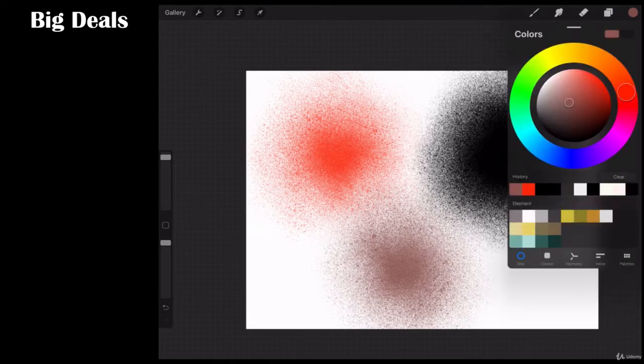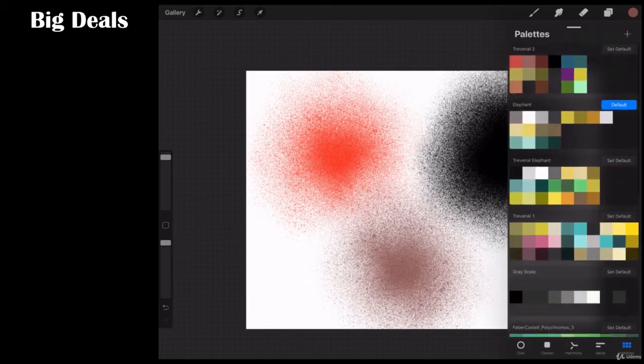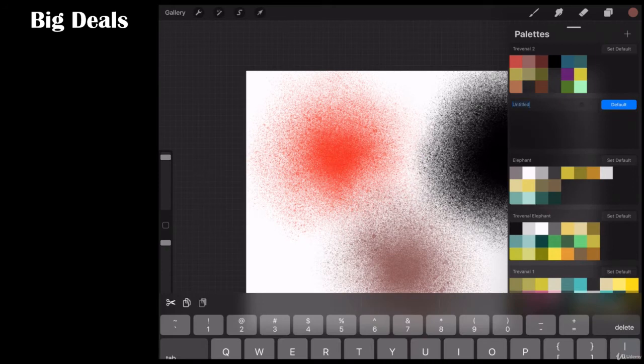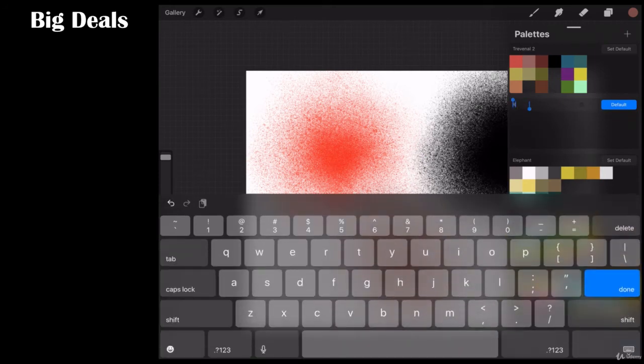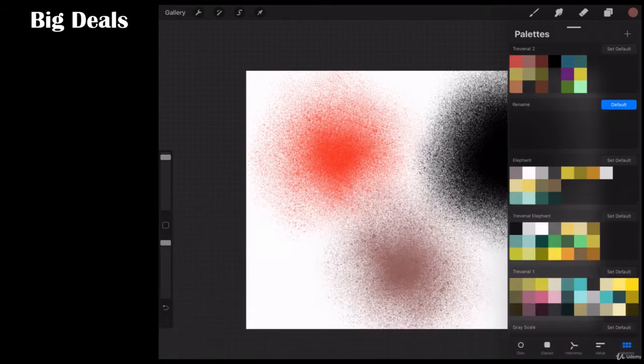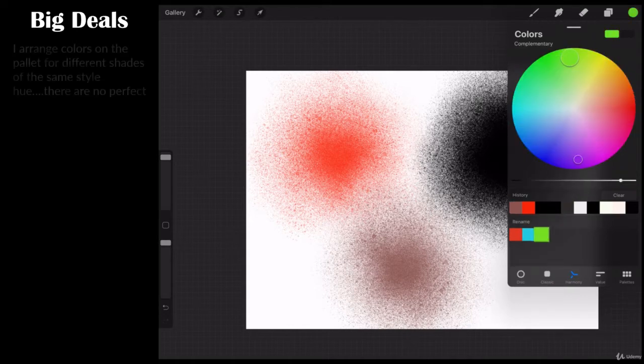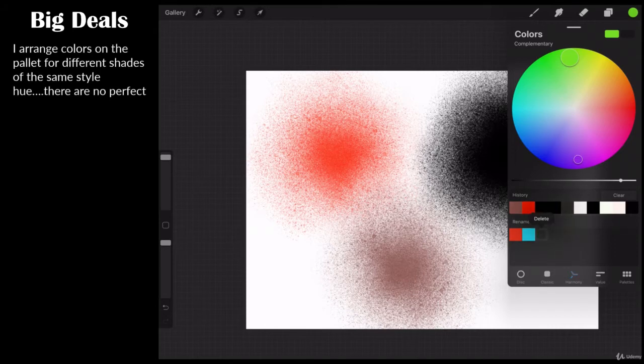All right, so when you click on the circle, notice over here there's something called palettes. To add a palette, just hit the plus sign. Untitled, rename, we'll call this the rename palette, and we can make that our default, which means when we come back to our disk, we now can say, you know what, I like that color red. Boom. I like that color here, just like that. I like that color here, just like that. Now, if you don't like a color, click, hold, delete.